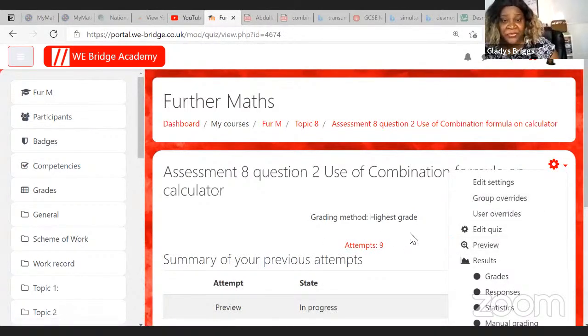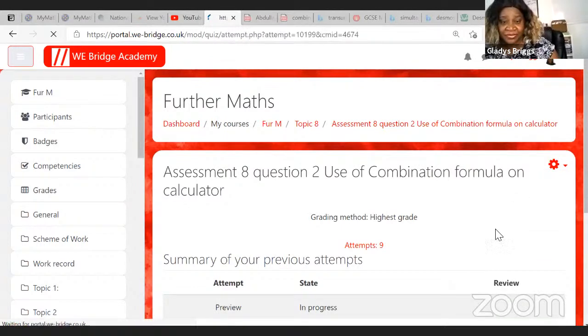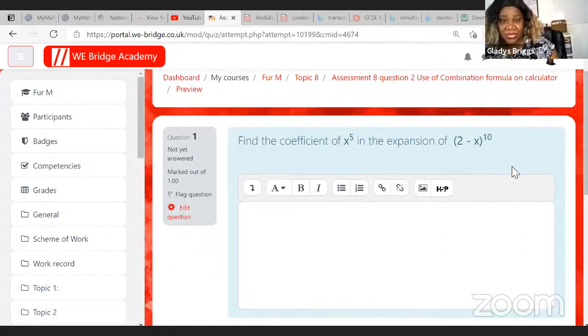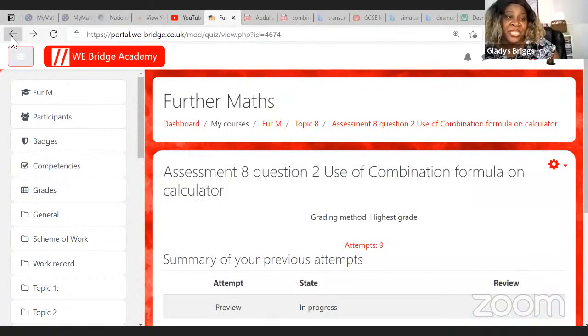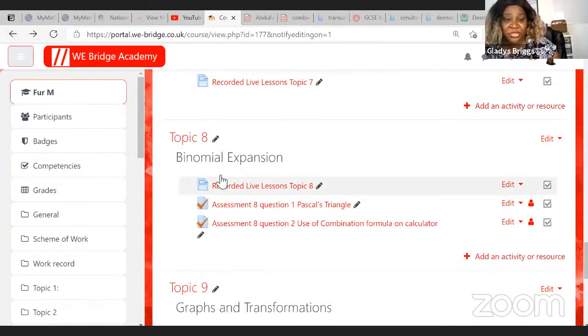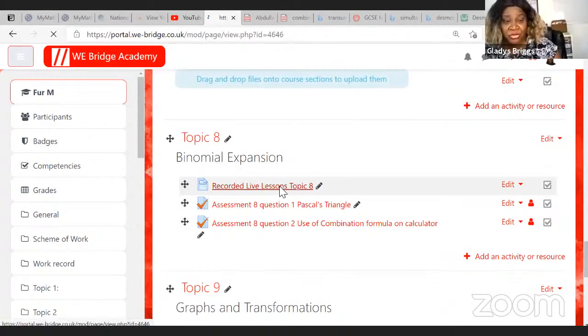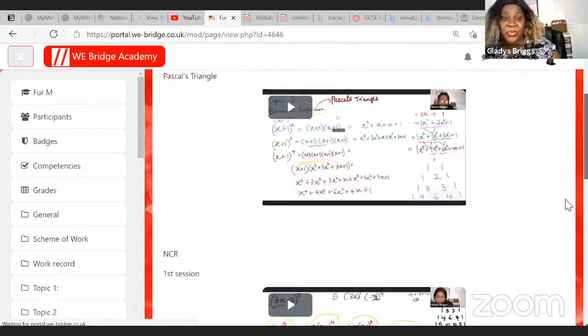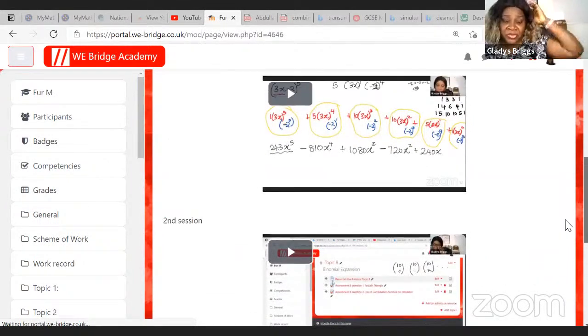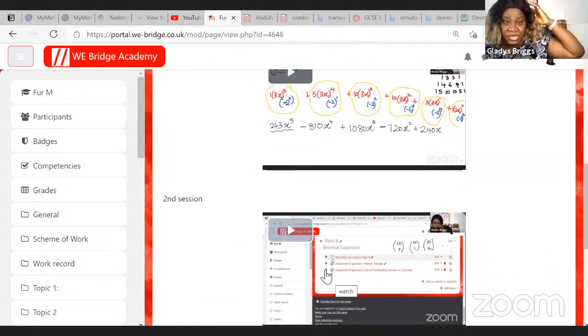And using the combination formula is the same question, but this time using the combination formula. You had to show me. So I'm going to show you the recorded live lesson for when we used the combination formula. I think this was